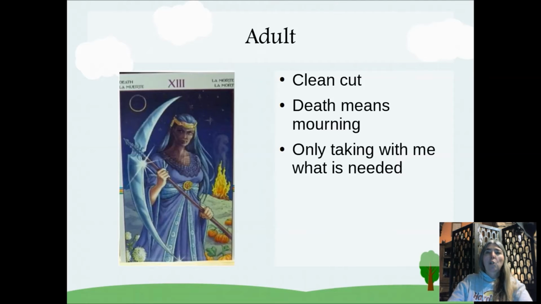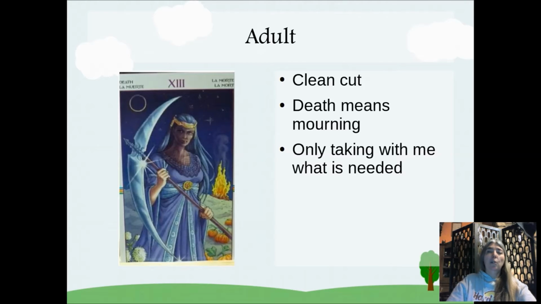I need to mourn the loss of a father figure, not of the father in a physical way, but of a father figure that has not been there for me. And like the one where she's cutting with the scythe and just taking what is needed, I need to find out where the cut is, where I draw the line of what I'm taking out of my childhood and what I just let go and let die in a certain way, so that I can go on living with it.